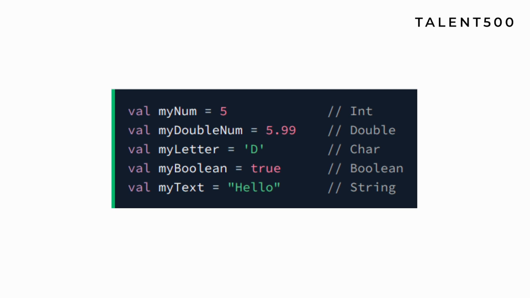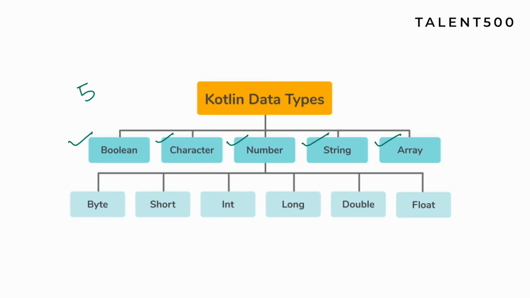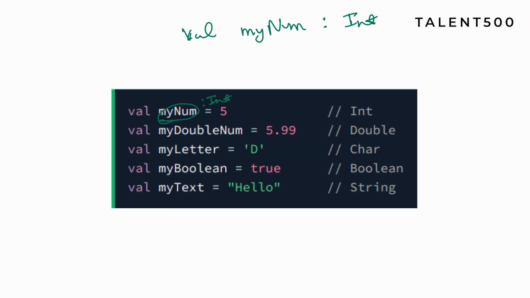For example, if let's say you want my num, this variable, to be of type int, you can write something like this. This will be the syntax. So val is the keyword. You can use either val or var, and then the name of the variable like this, and after that the type. Let's say you want int, or you can use any other type as well. Let's say you want it to be long, double, anything, and after that the value, whatever value you want to give.